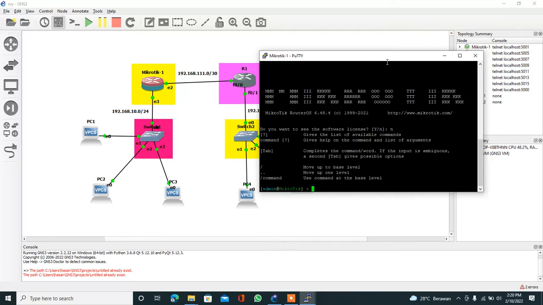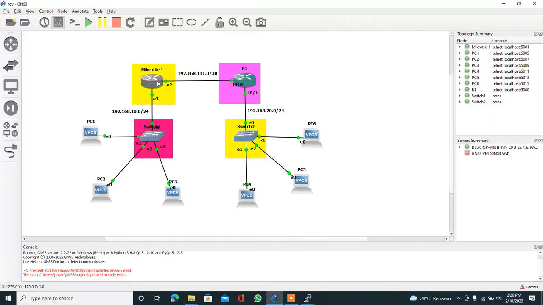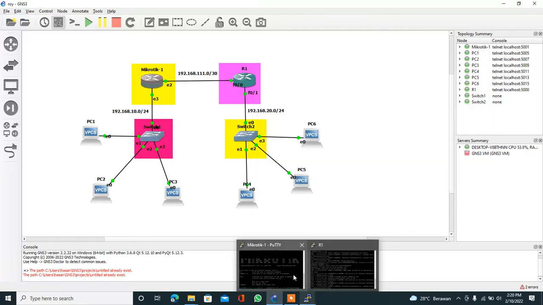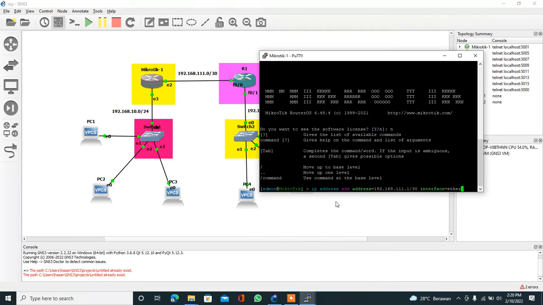You type now. First, add IP. The pattern is: ip address add address=192.168.111.1/30 interface=ether2. Remember, this is ether2 that becomes ether3 when configured like this.